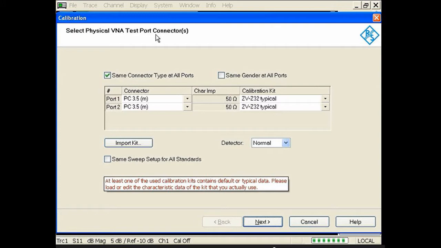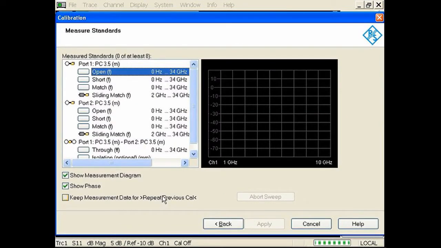Now we have to go for our calibration kit. Whatever connectors we are using, some model number is written on those connectors. As per that, we have to choose the calibration kit. So we are choosing Z32 typical for both ports. Now let us go for next.